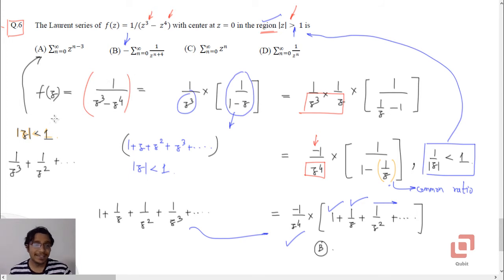Now you will understand that the very reason that option A exists before option B, or the series there, is because students tend to ignore the fact that geometric series has a radius of convergence. But nonetheless we have now correctly identified it, and the correct option is B and not A.